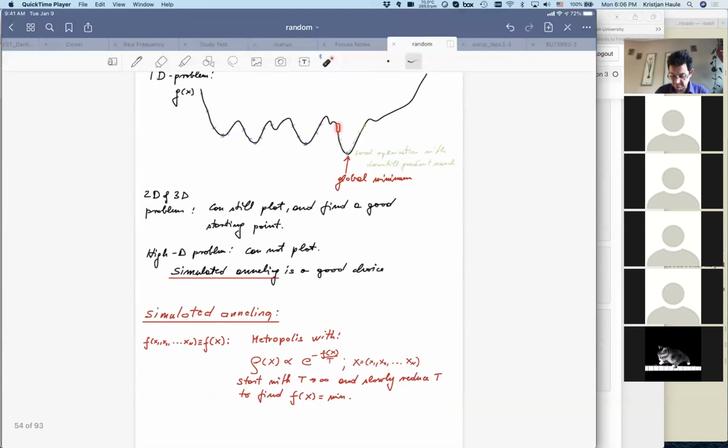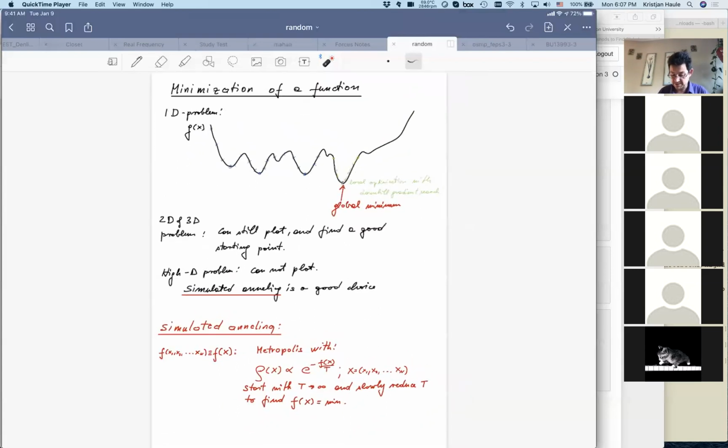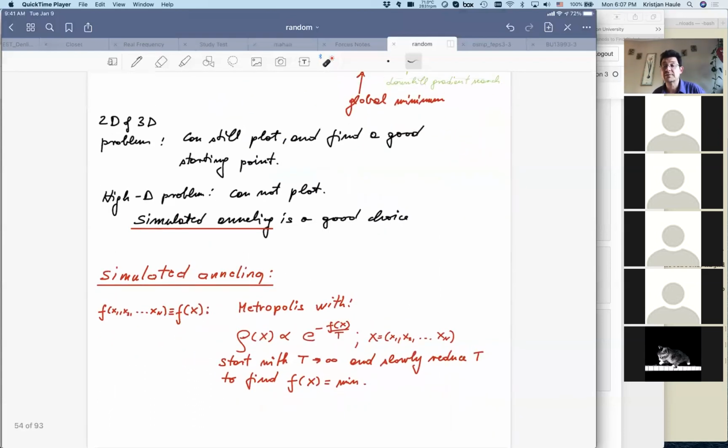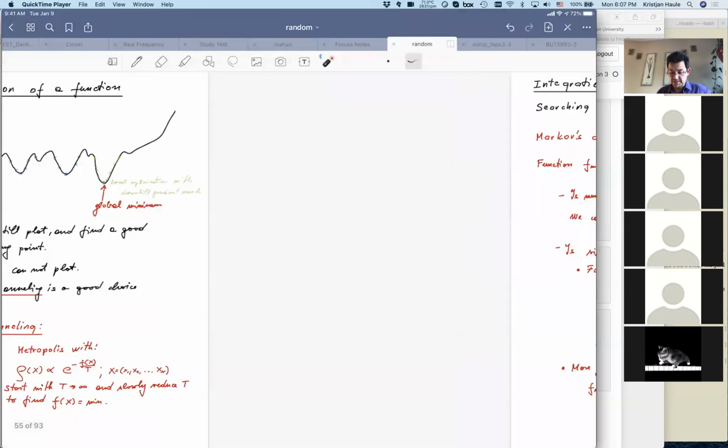So the cooling down should be sufficiently slow in order to get the ground state. Of course, if you do it very quickly, then non-adiabatically, we know from physics that the system could be stuck in a local minimum. But if the cooling down is made sufficiently slow, then from physics we know that we're supposed to end up in the ground state. Now we are going to implement this simulated annealing for the so-called traveling salesman problem, which is a relatively straightforward problem. But before I do that, I would like to introduce another idea,